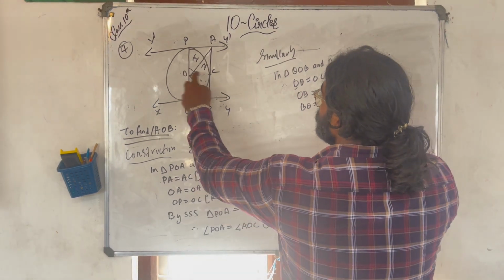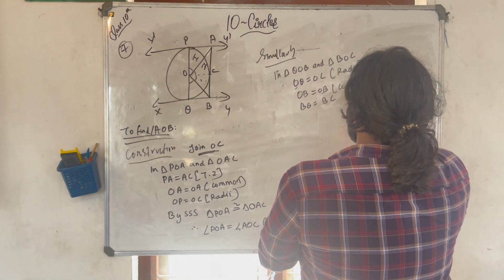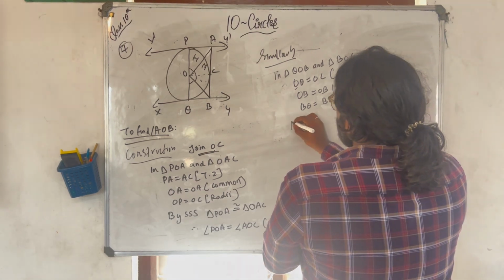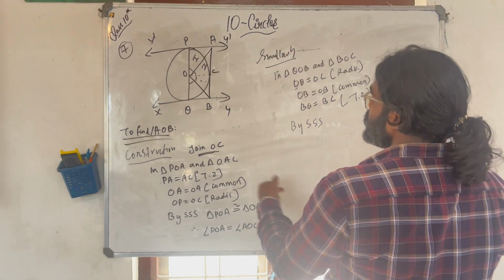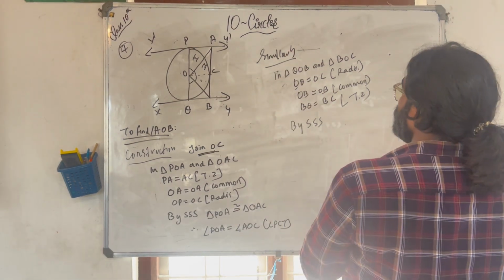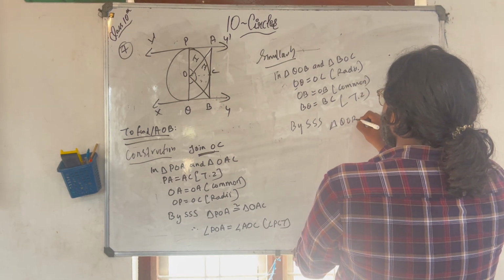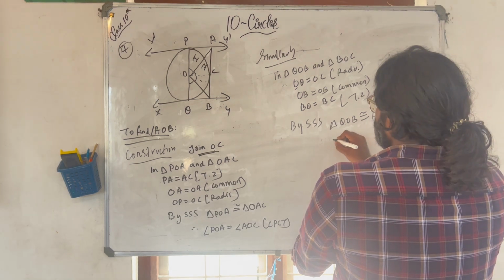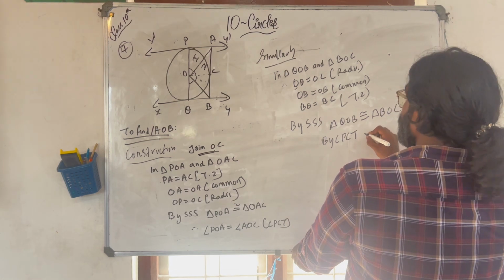So what about these? It is radii, this is common, and this is theorem 2. So by SSS, if it comes to 5 marks, you have to write all this, right? Or else I could have just written similarly and done that. Triangle QOB is congruent to triangle BOC, and by CPCT I can write